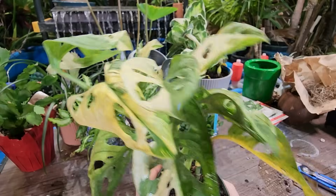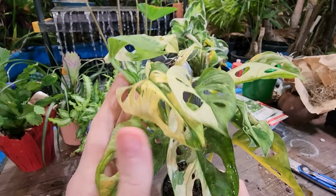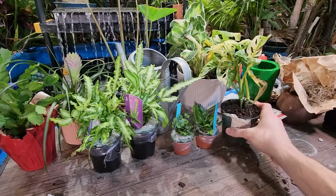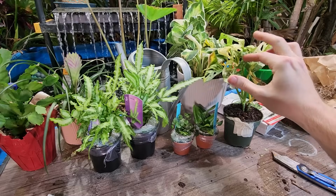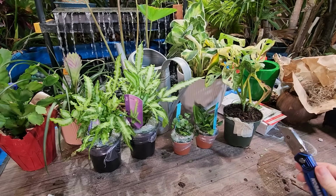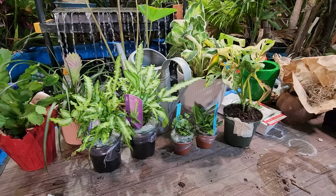Could put it in a basket. I'm going to put it in something with a pole so it can climb. Or actually, I have other ideas, but those are going to have to wait till the summertime to do anything more exotic with them. But I think that's everything, minus the plants that I was really excited about that they